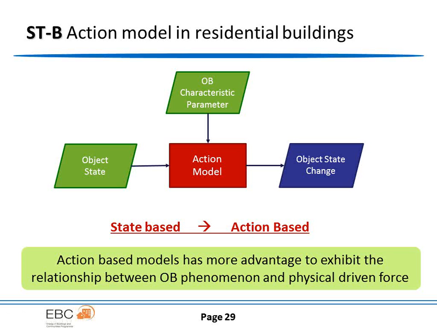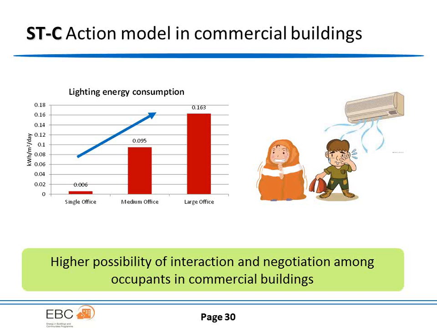And C is about dealing with behavior in the commercial buildings context. This is the energy use of lighting, per square meter per day. Quite interesting, this is a single office, single occupancy, so it is very low. But once you go to a medium office, where many people share office space,